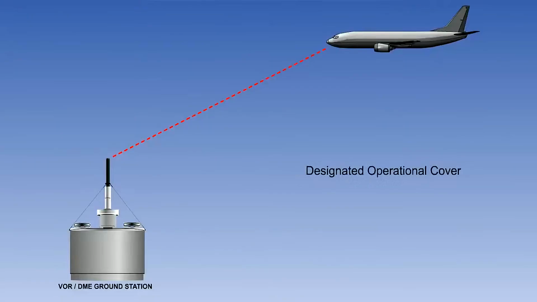In order to overcome range errors, which may be caused by mutual interference between two or more facilities sharing the same frequencies, a designated operational coverage, or DOC, is published for each DME. This protects the DME from co-channel interference in normal propagation conditions. The DOC is specified as a range and height, for example, 20 nautical miles at 24,000 feet. The use of a DME beyond its DOC limitations may result in range errors.